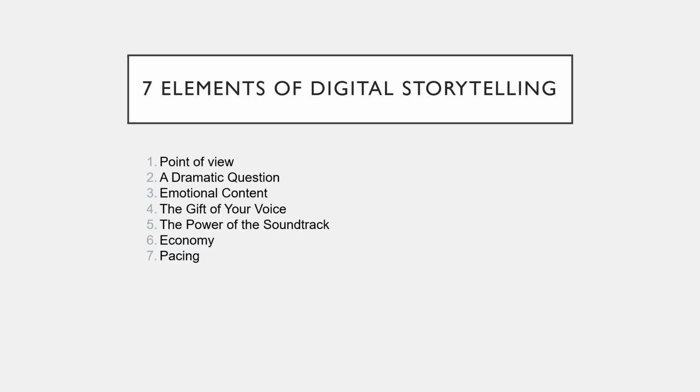There are 7 elements of digital storytelling, and they are point of view, a dramatic question, emotional content, the gift of your voice, the power of the soundtrack, economy, and pacing. So all these factors, they all play into what makes up a digital story that one would create. And so to continue with this presentation, I will talk a little bit about my design document I created,